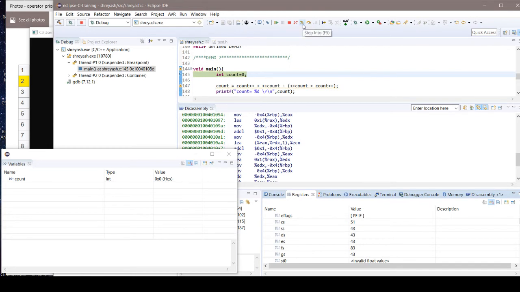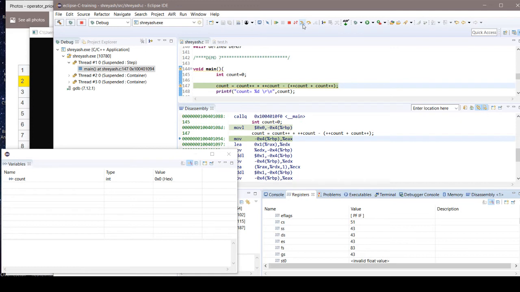Let me go one step further here. Now if I execute this, it will simply execute to the next line, but I would like to go inside it at assembly level. So I will click on instruction stepping mode. Now step in.